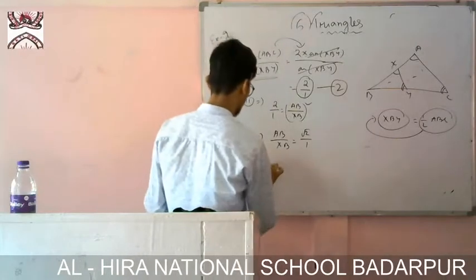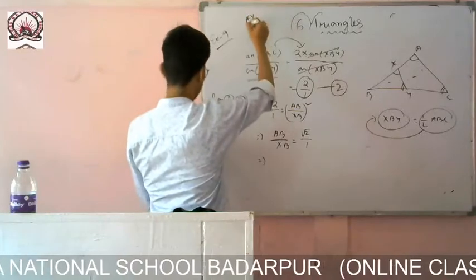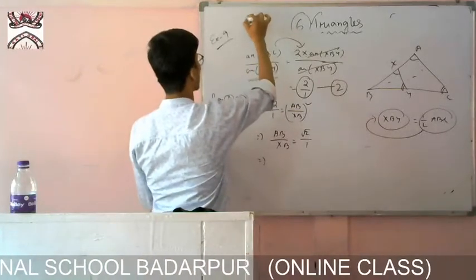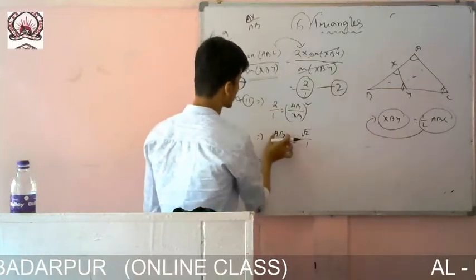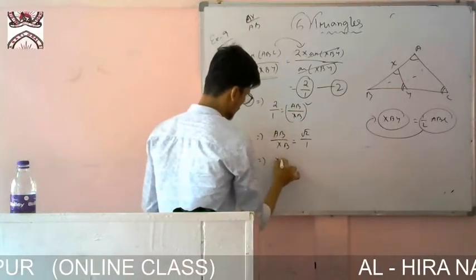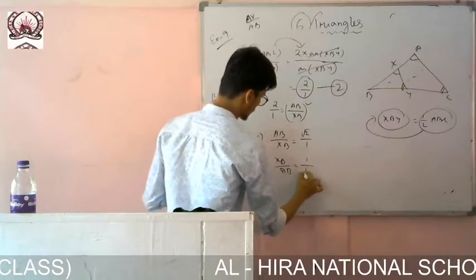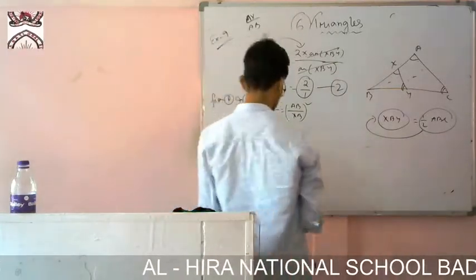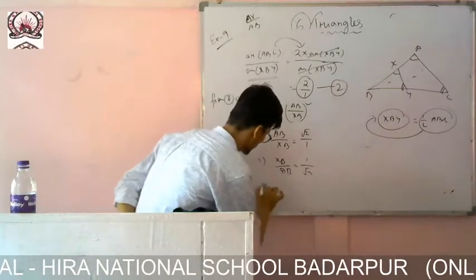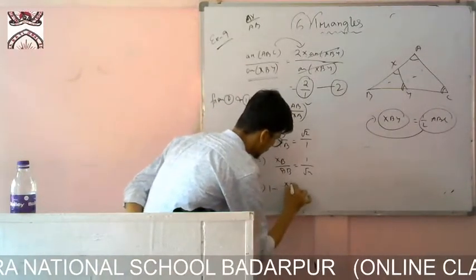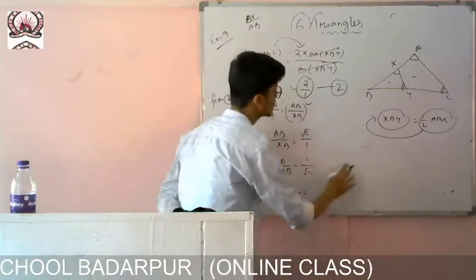Now I will write the reciprocal, because if you see the question, what you need to find is AX by AB, so AB should be below. So doing the reciprocal, XB by AB will be equal to 1 by root 2. Okay, so now what we will do? I will subtract from both sides. I will subtract 1, and earlier I had added; now I will do subtraction. Why will I do subtraction? Because I need this side.